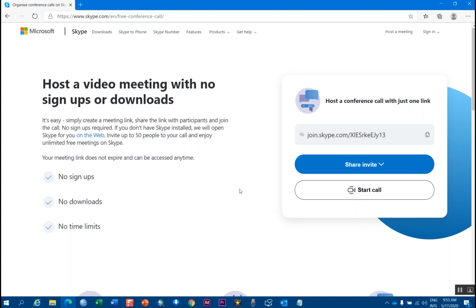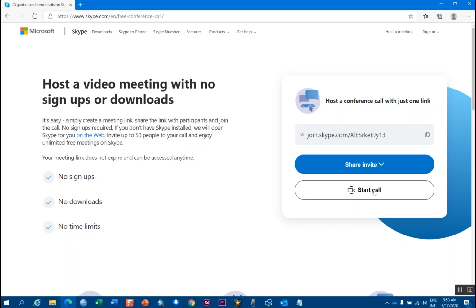If they don't have Skype installed or they don't have a Skype account, they will just join the meeting through the browser.